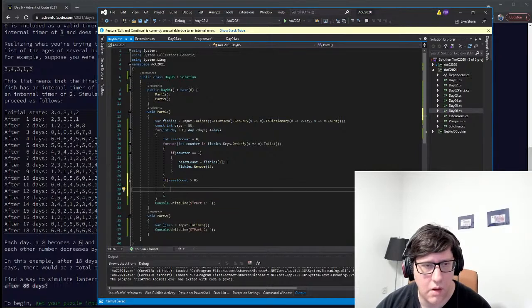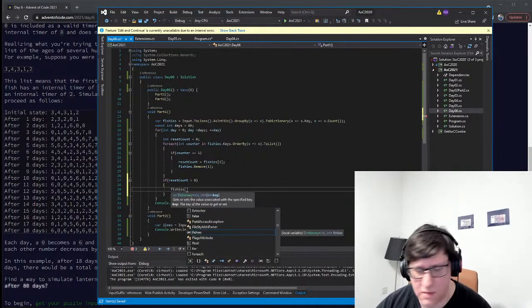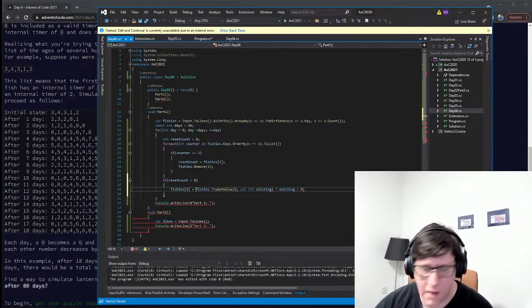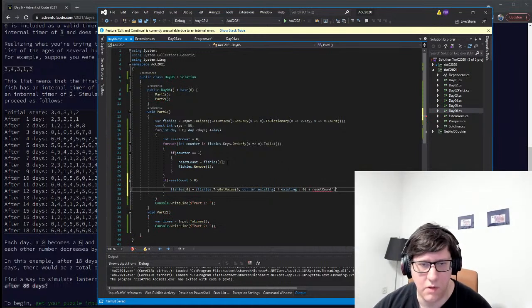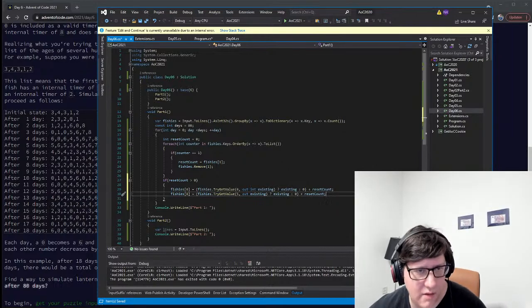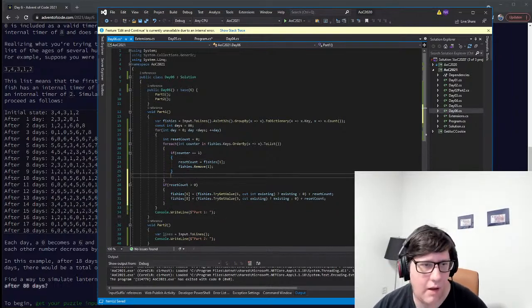We can do, let's see, fishies 6 is, so we just add them if it doesn't plus reset count, and we do the same for level 8 here. Okay, so that is that, and else we do,